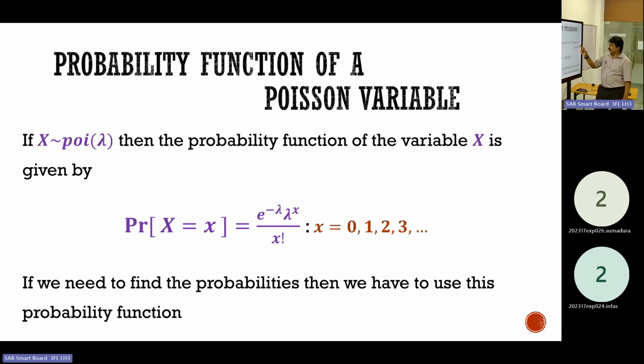Next paragraph, write down. If X follows Poisson lambda, then you better use capital P. It should be capital, right? X follows capital P-O-I, Poisson lambda, not simple. If X follows Poisson lambda, then the probability function of the variable X is given by